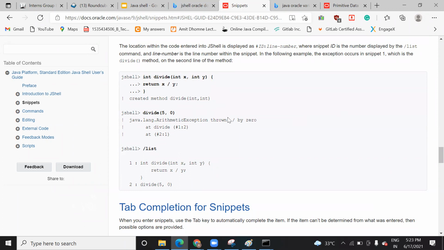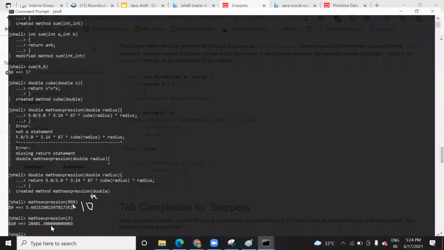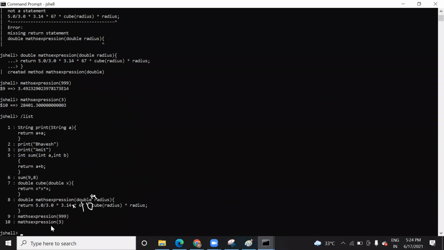Exception handling also you can do, like divide 50 like this. And one more thing, I forgot to tell you. Suppose you want to check what commands you have run till now. This list will give you the set of all the instructions that you did till now.